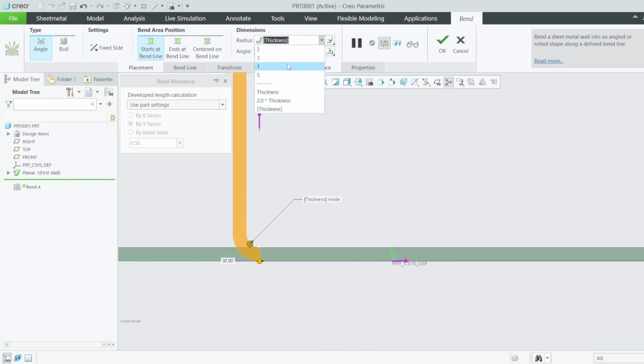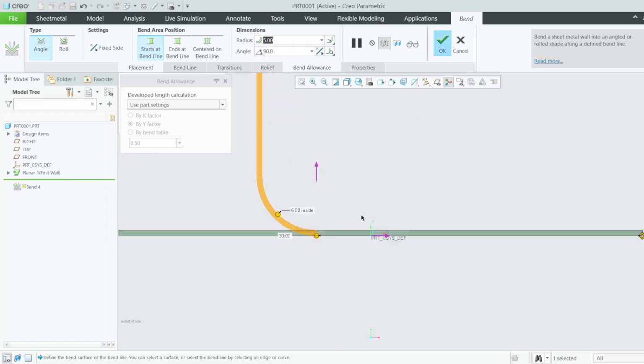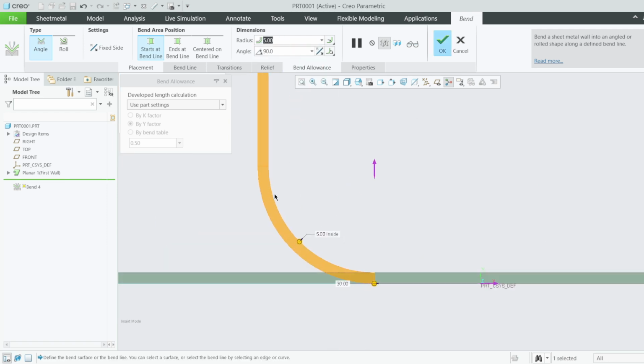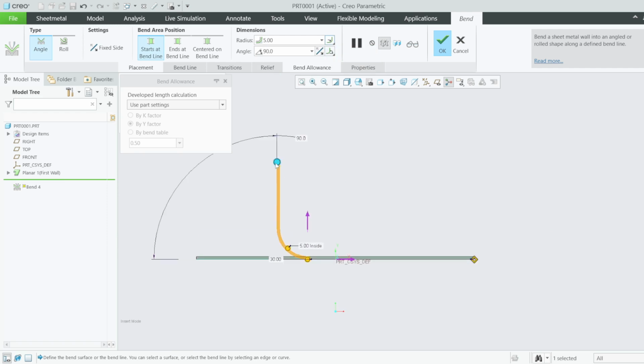Let me use a bigger value for now, like 5 for visibility. This is 5 now. If you want this 5 to be outside, you can choose here inside versus outside. Now this 5 is outside, but most of the time with sheet metal they usually use the inner bend radius, therefore I prefer inside. Then the angle, you can see the angle is from this side to this. You can now change it like that,